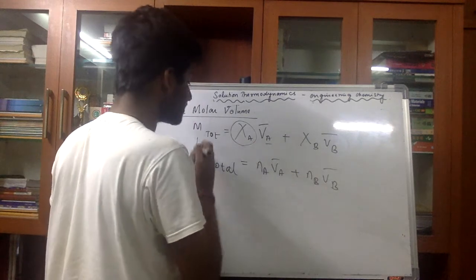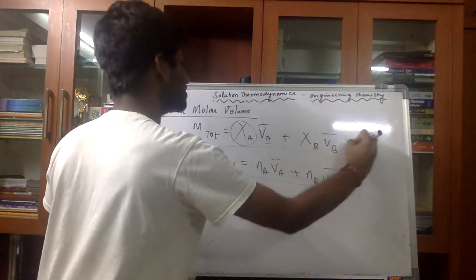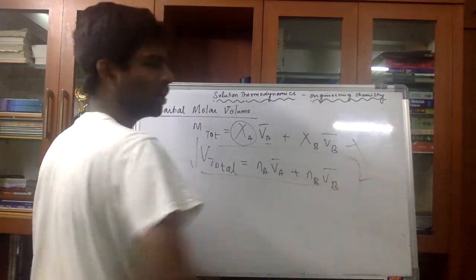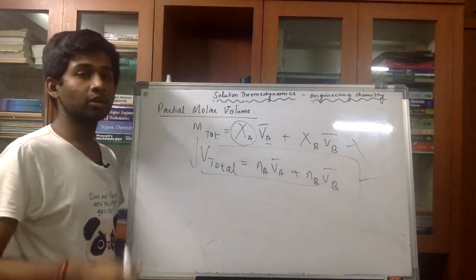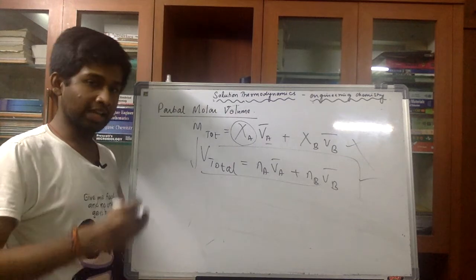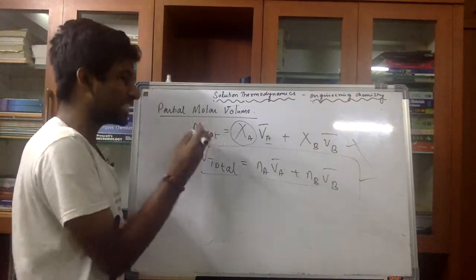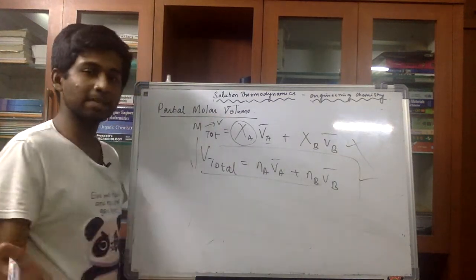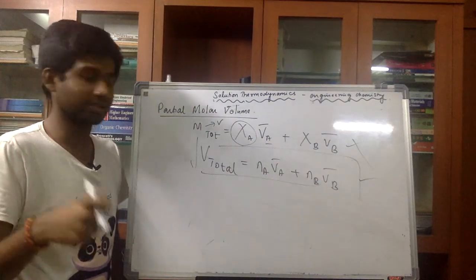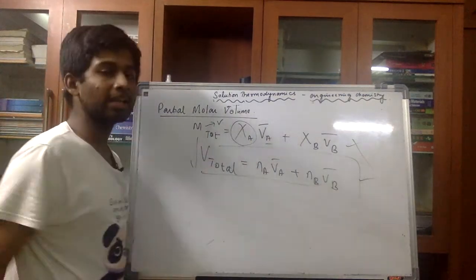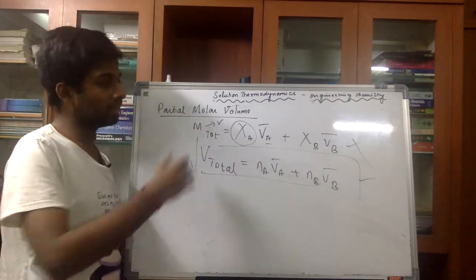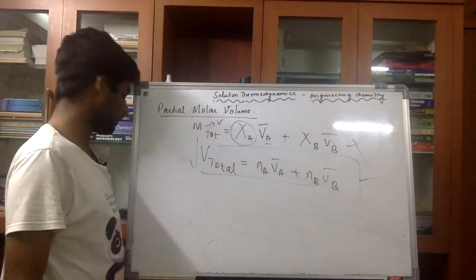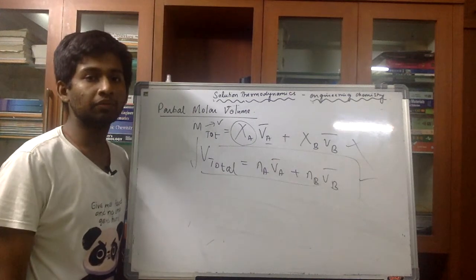This is the one which is used everywhere. Whether the first one is used or not, the first one is not used. But since it's there in the textbook, I am mentioning the fact here, which is the total molar property. It can be any molar property, but to be very specific, it should be volume. Then only it makes sense for us, right? So then you will bring in the factor of mole fraction. Okay, so total molar property with respect to mole fraction, total molar property with respect to number of moles.